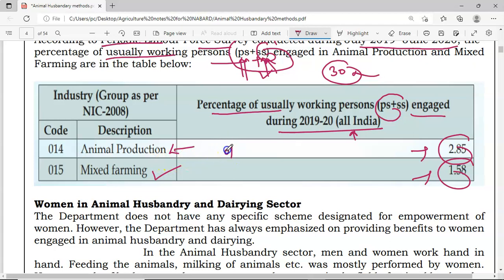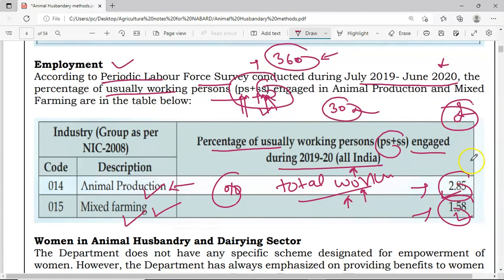So it is in terms of percentage. Of the total workforce, 2.85% are engaged in animal production, and 1.58% is engaged in mixed farming. So this is the importance of this sector, that it is taking care of this much percentage of our